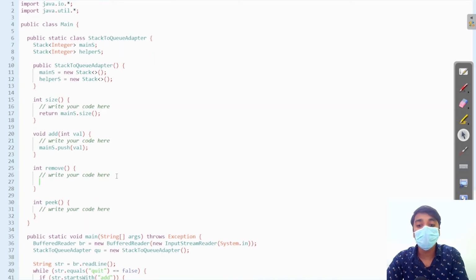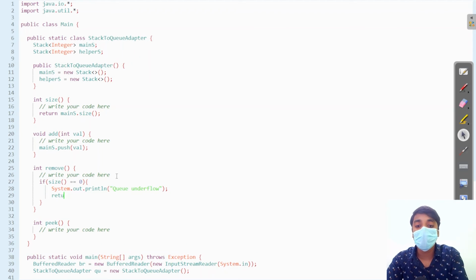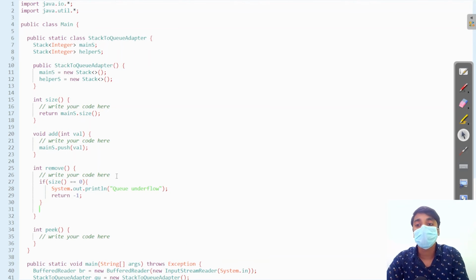Now for removing the value, we will first check the size of our main stack. If the size is 0, that means there is no element present to remove. So we will simply print queue underflow and return the value -1.